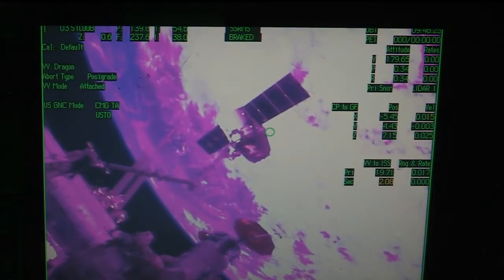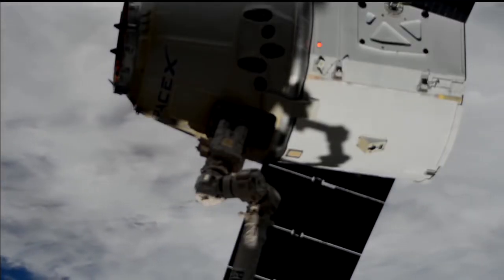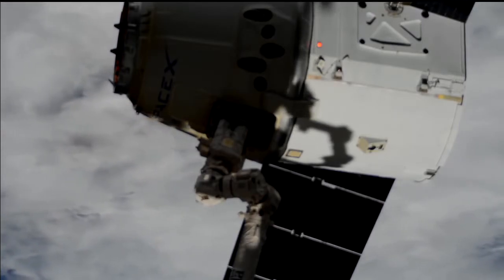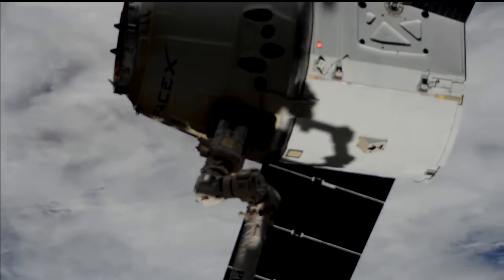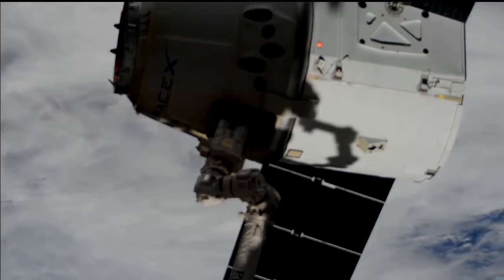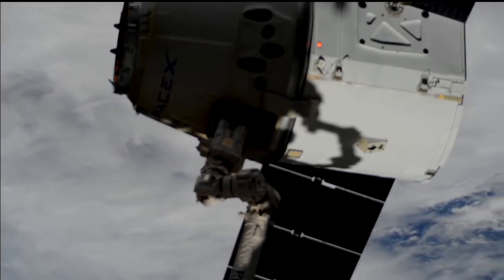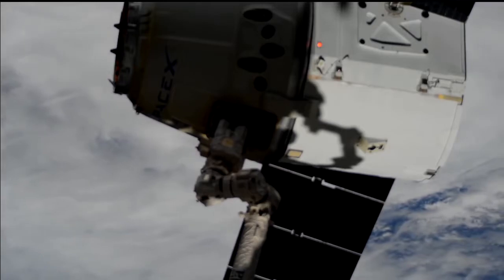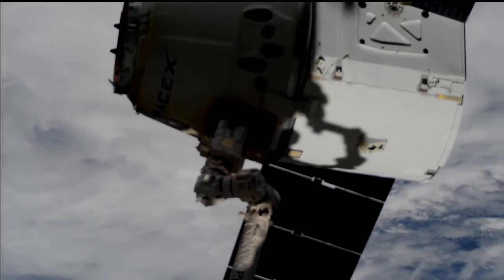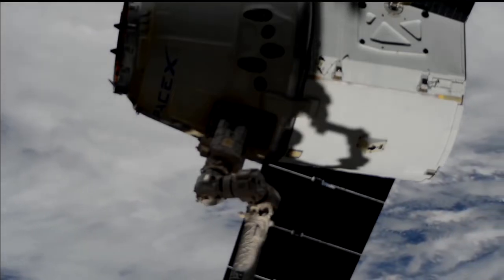We are targeting a release a little under 20 minutes from now, targeted for right around 4:04 a.m. in the morning here in Houston, 5:04 a.m. over on the East Coast. Once it gets released, Dragon will slowly start to drift away from the robotic arm and the International Space Station before performing a number of burns, or firings of its engine, to begin to widen the gap between itself and the orbiting laboratory,